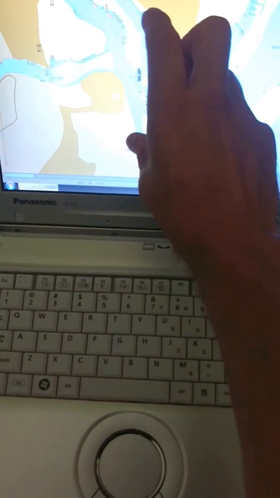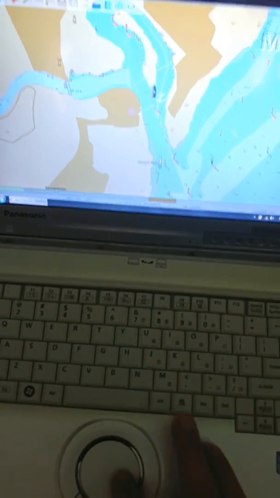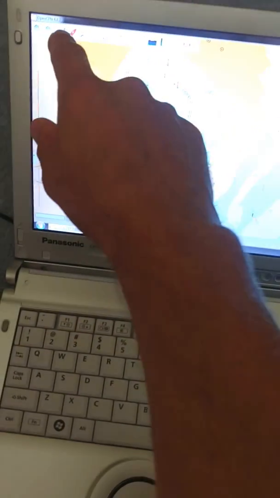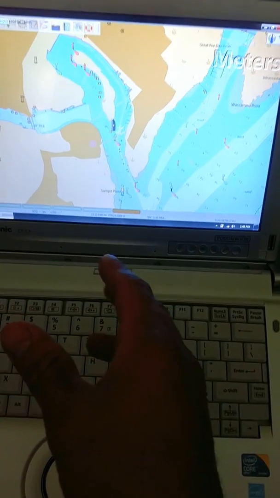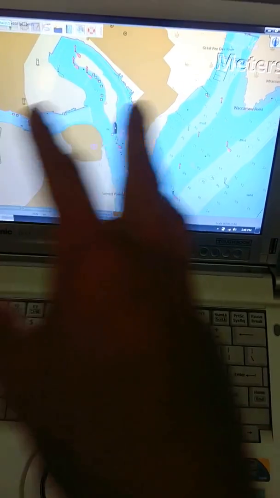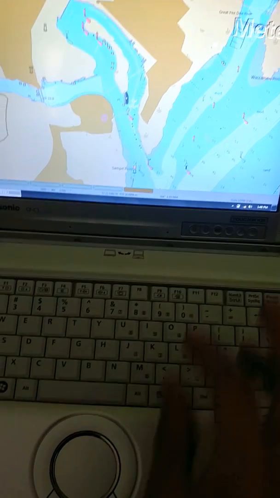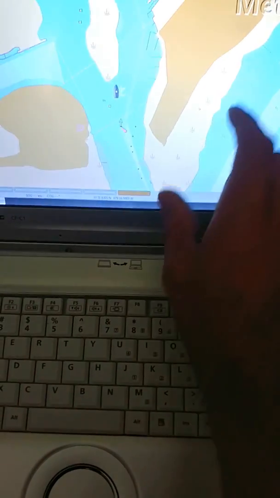Now, right now, this is the position of the boat, right? So let's center on boat. By clicking that, there, auto follow. So now, if we were to sail along, then the charts would follow automatically. Now, what we have here are